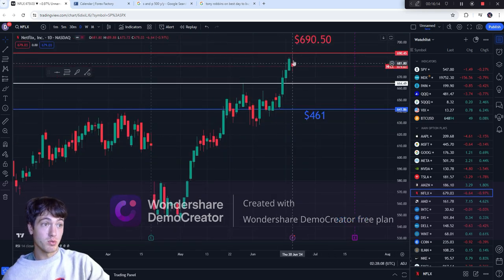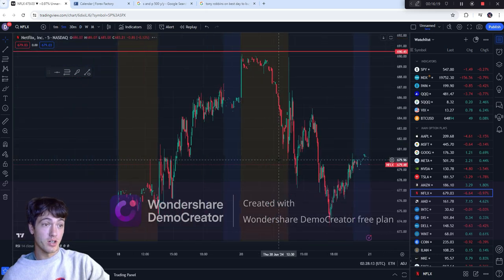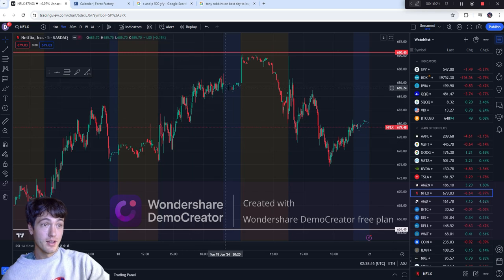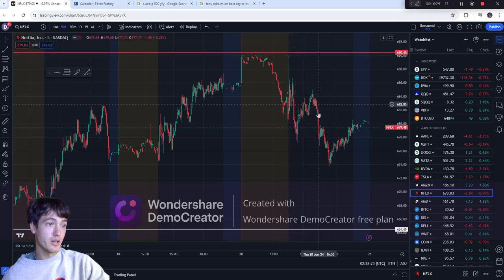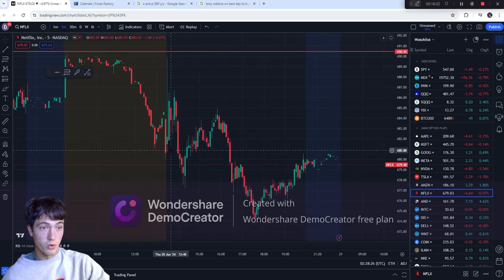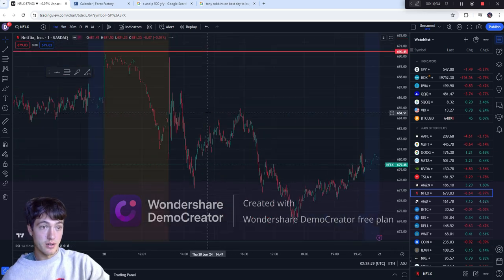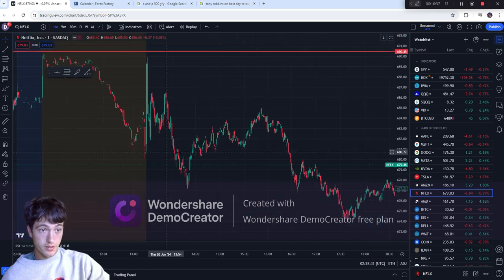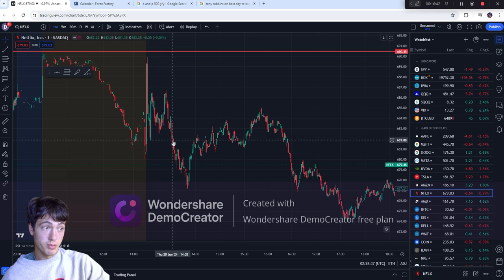Netflix, right, having a nice reversal off that resistance. Let's actually go down to that 5-minute chart and see what happens. So you see that overnight it hit that resistance, right? And once again in the morning, boom, hit that resistance, and it didn't want to go up anymore. So it came back down to the downside, and you would have been able to play these retracements to the downside, right? Like once this level broke here on Netflix, we would have got puts down to here and gotten like a nice 10-20% profit right there. So that's what we're looking for on Netflix.